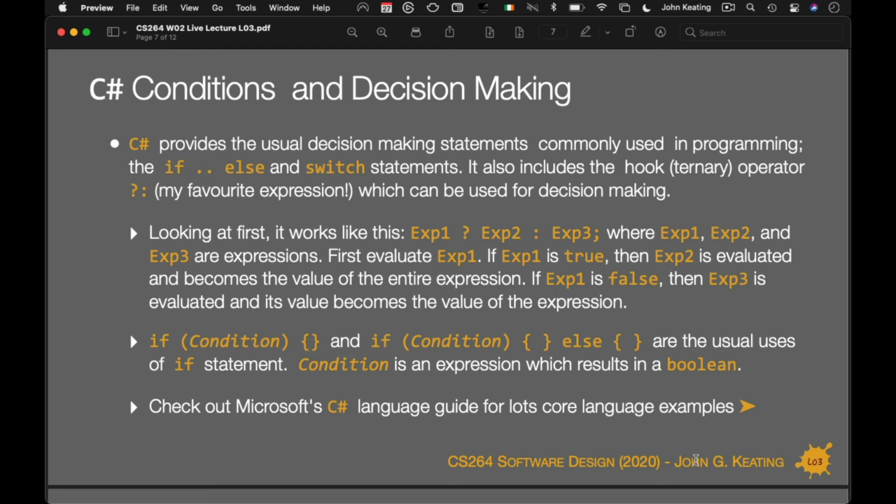it works like this. So you have expression 1, hook, expression 2, expression 3. So expression 1 and expression 2 and expression 3 are expressions. Evaluate xp1. If xp1 is true, then xp2 is evaluated and becomes the value of the expression. And if xp1 is false, then xp3 is evaluated and it becomes the value. Okay? I love this stuff. Okay? The only downside of it